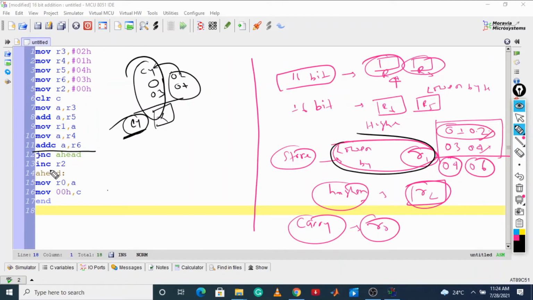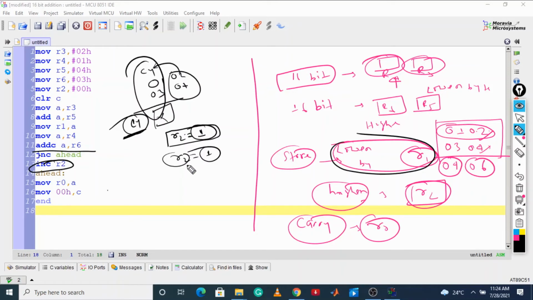Now when the carry bit has been generated, it will increment your R2. So it is going to increment my R2 to 1, because whenever a carry bit is generated, it will increment, meaning from the R2 register we can see that this is the carry that got generated.